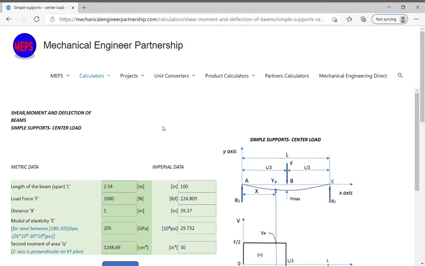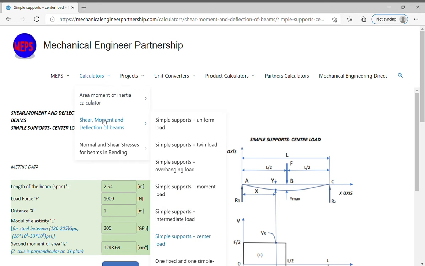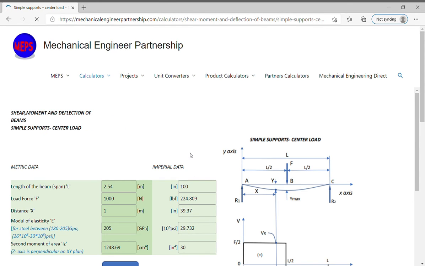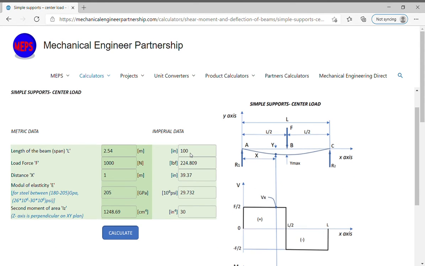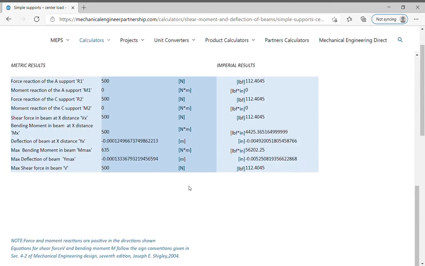Hello. In this video we will introduce you to how to use the simple support center load, shear moment, and deflection of beams calculator on the Mechanical Engineer Partnership website. In the menu bar choose calculators and then choose shear moment and deflection of beams, and then choose the simple support center load unit. All studies, materials, and formulas used in these calculation sheets are in reference with Mechanical Engineering Design,